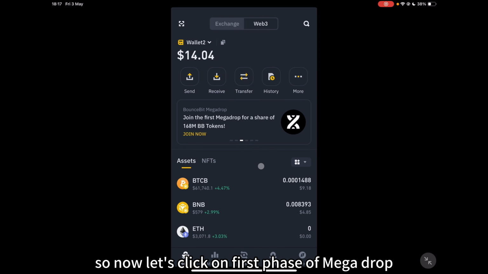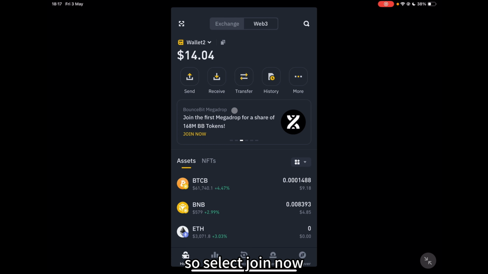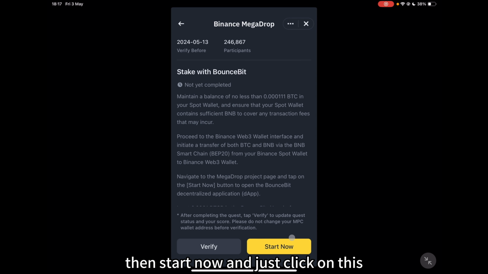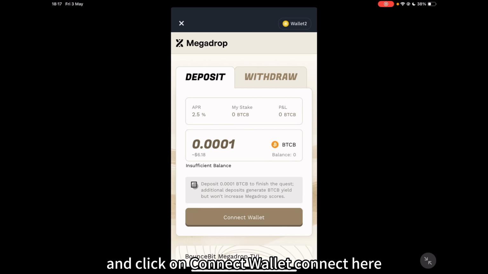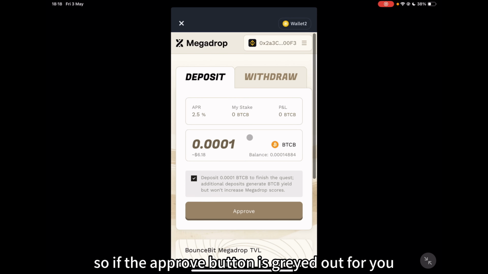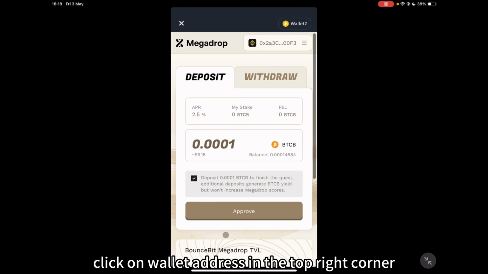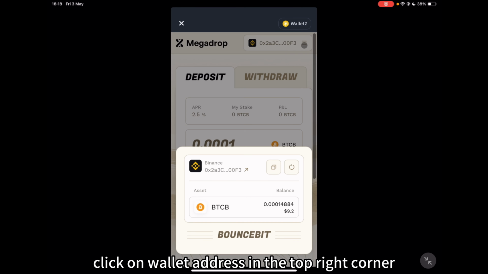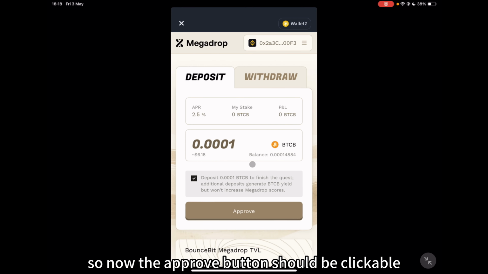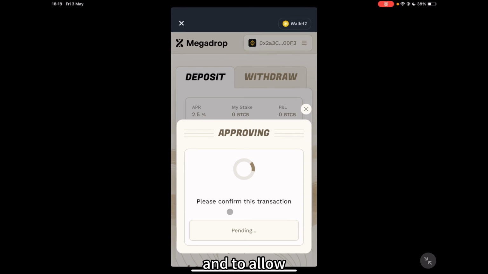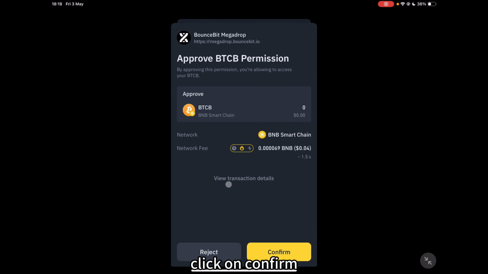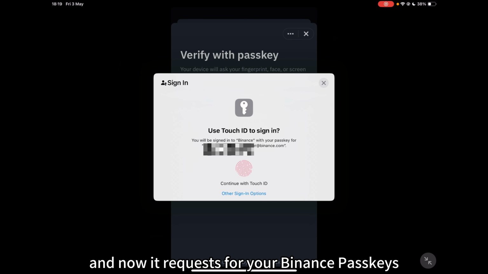So now click on the first phase of Megadrop, select Join Now, and scroll all the way down to select Start Quiz, then Start Now, and click on Connect Wallet, connect here. So if the approve button is grayed out for you, click on Wallet Address in the top right corner and click on Disconnect and Reconnect. So now the approve button should be clickable, click on it, and to allow Binance protocol to access your Web3 wallet information, click on Convert, and now it requests your Binance passkey